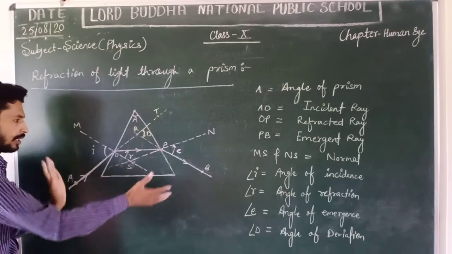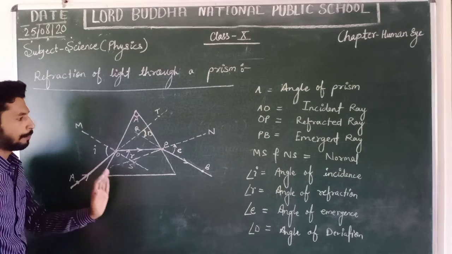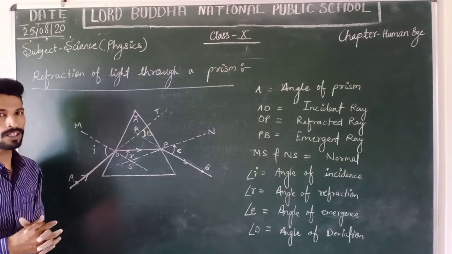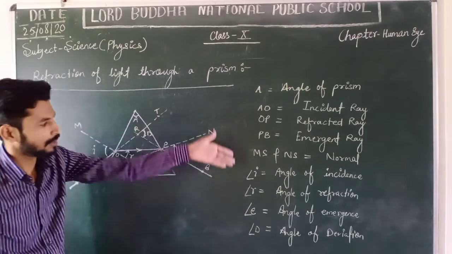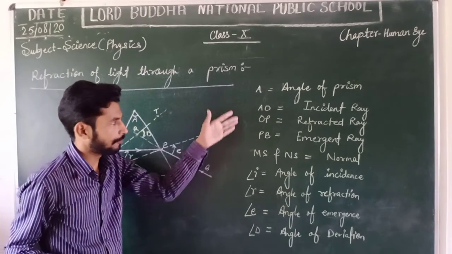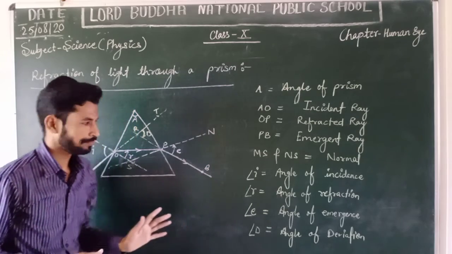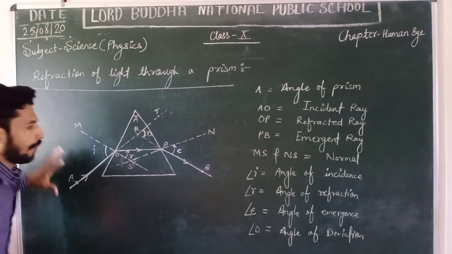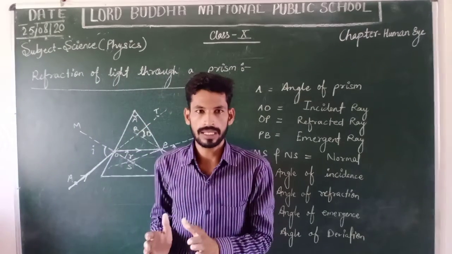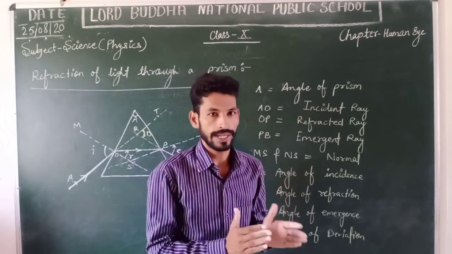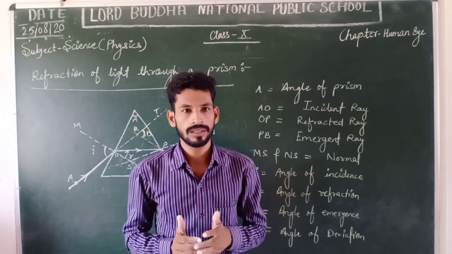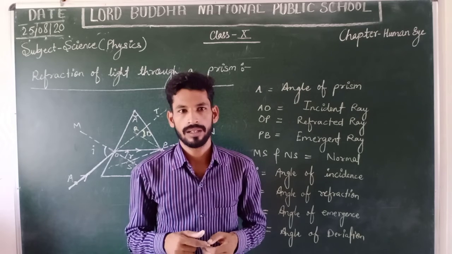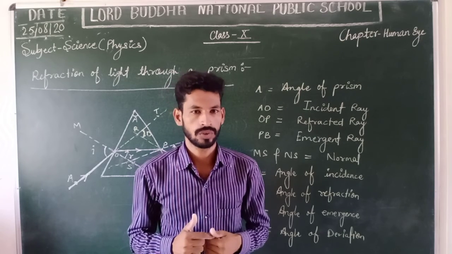And these are all the topics related to the prism, and in the process of refraction of light through the prism there are some physical quantities and notations. Okay, now the next topic will be covered in dispersion of light, which will be discussed in the next video, and we will meet together. So thank you.